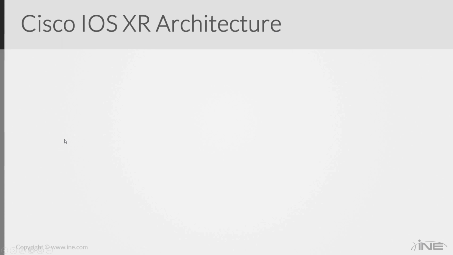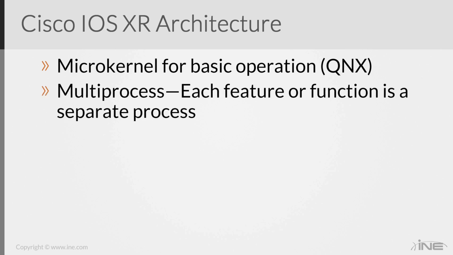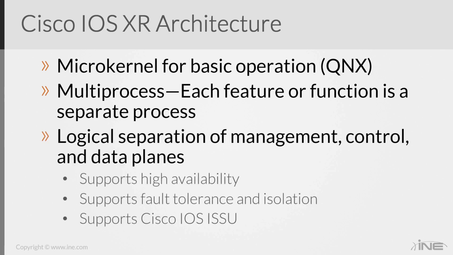So now when I talk about the XR architecture, it's important to understand exactly how that works. You have the microkernel for basic operation, which is QNX, where the multi-process for each feature or function is a separate process. So if something was to die or check out and not want to work anymore, like say for instance OSPF or BGP, it's not going to crash the whole box. You have logical separation of management, control and data planes, supports high availability, fault tolerance and isolation, and supports